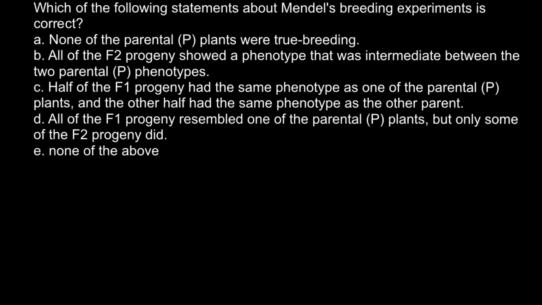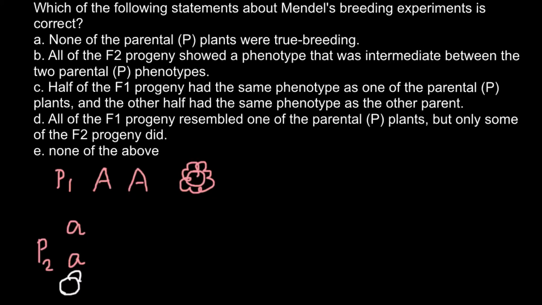So, for example, one parent was homozygous dominant for the flower color, which was, for example, red, and we can call this parent 1. Another parent, that is parent 2, was homozygous recessive for the flower color, and the flower color was white. And when he crossed these two parents, he got